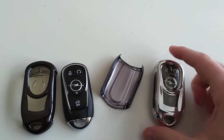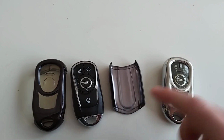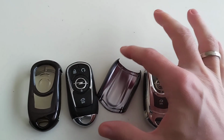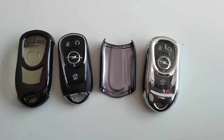Very easy to put together. Just slide the key in here. As you can see, it's a perfect fit, and then put this thing on the top. And there you go. Highly recommend it, especially if you are worried about dropping your key, or have dropped your